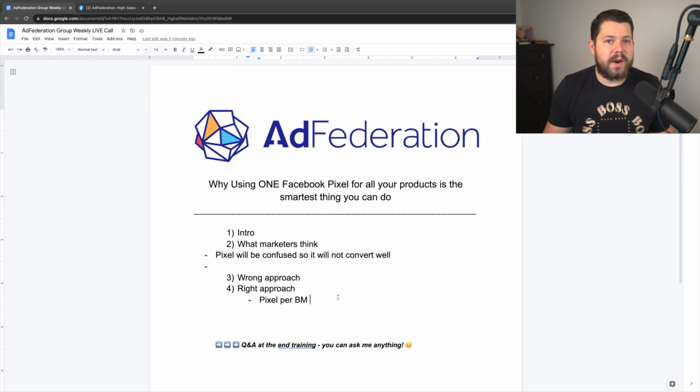So this is what I think about a pixel and why everybody should use one pixel per business manager, okay? Because if you are thinking that your CPM is going higher or something like that, it's usually bullshit, and it's not because of the pixel. I also read sometimes that people say, oh, I'm having such a high CPM and my clicks are so high, it's probably because of the pixel, so I need to create a new pixel. And it's dumb, you know. I'm so angry when I read these things, because it's always so dumb.